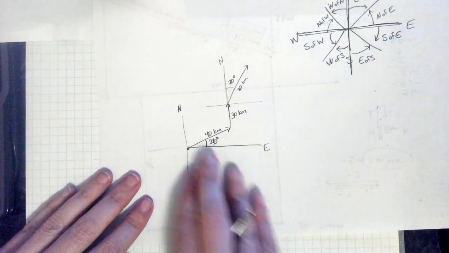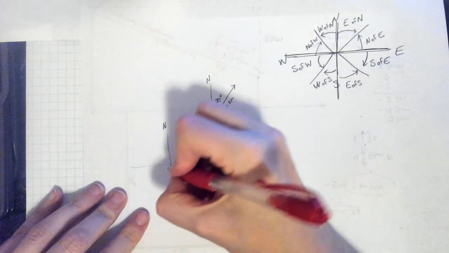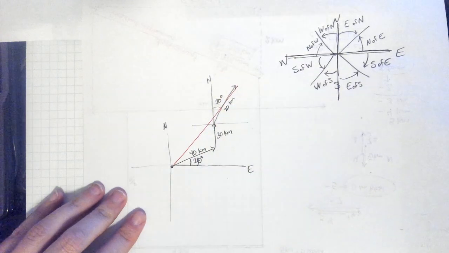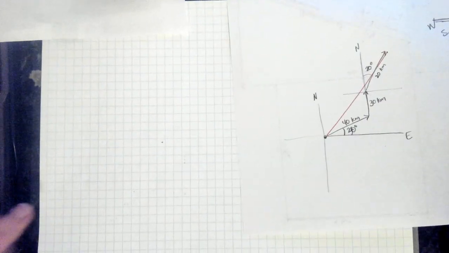Okay. So we got our little sketch. We know he goes in general that direction, and we are going to be looking for that displacement. So we know we can start our picture in the bottom left hand corner of our page, and then we can go this way. Now,